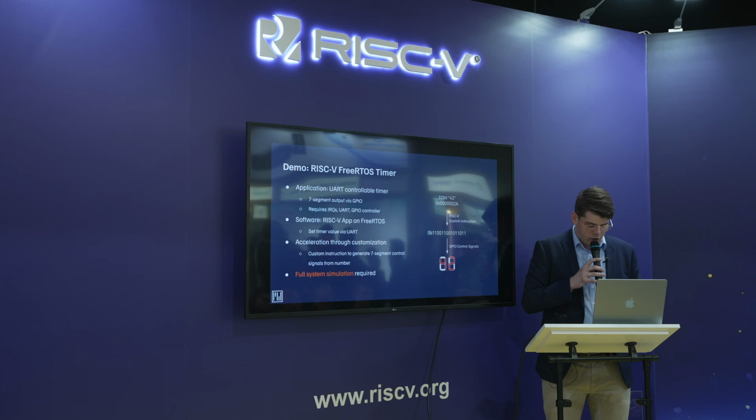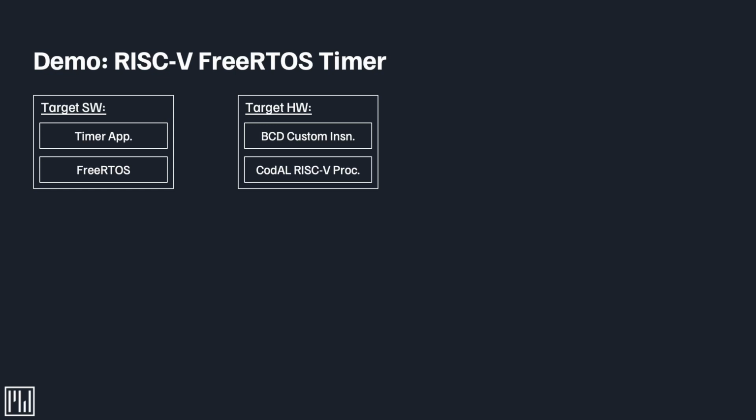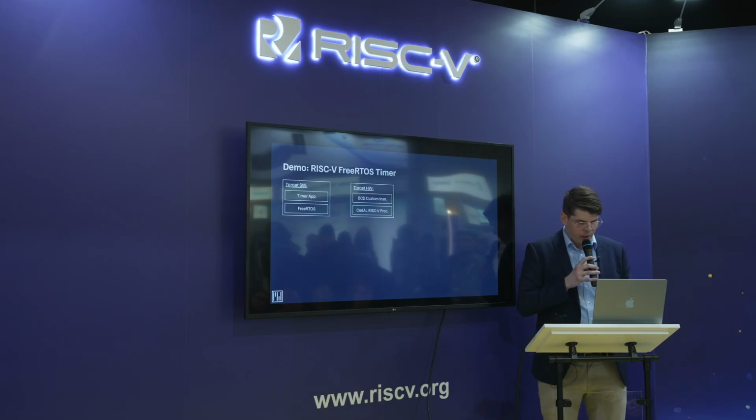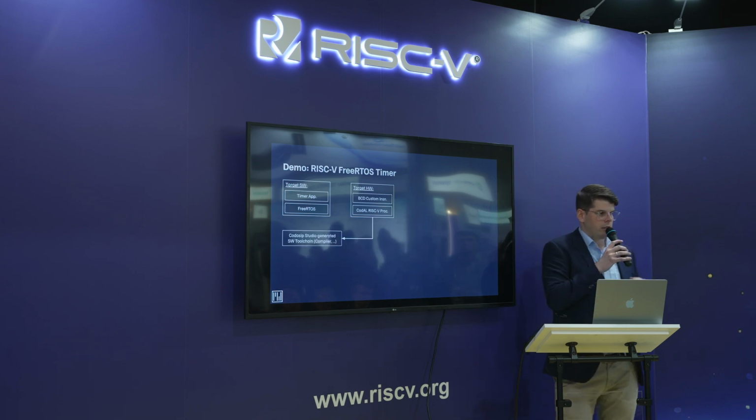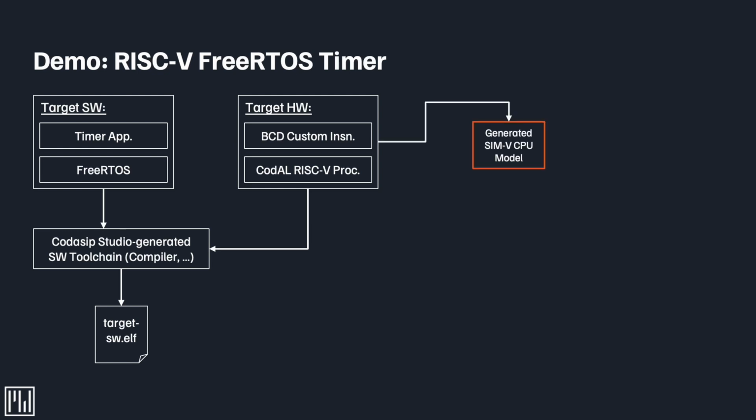So what does that actually look like? So in the demo, we have our target software, which is the timer application running on top of RISC-V FreeRTOS. And we have the target hardware, so our virtual platform, which has the Codal RISC-V processor and the custom instruction that I explained before. From this description, the Codal description, we can generate the software toolchain. So we can generate the compiler that can use our custom instruction. And we feed our target software into this toolchain to generate the target software ELF file, which is the RISC-V ELF file. Now we can also generate this CPU model based on our Sim5 technology that has this customization inside,